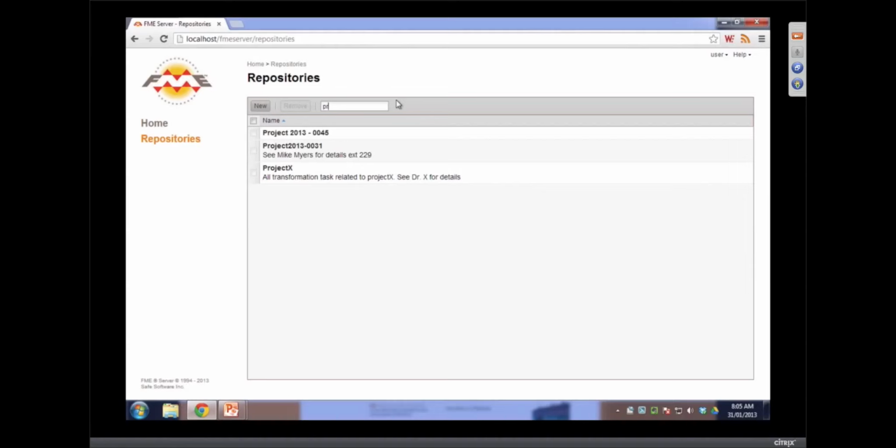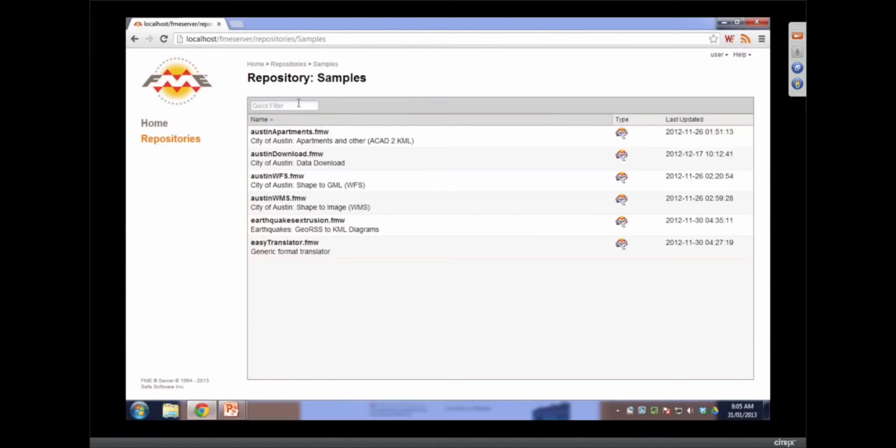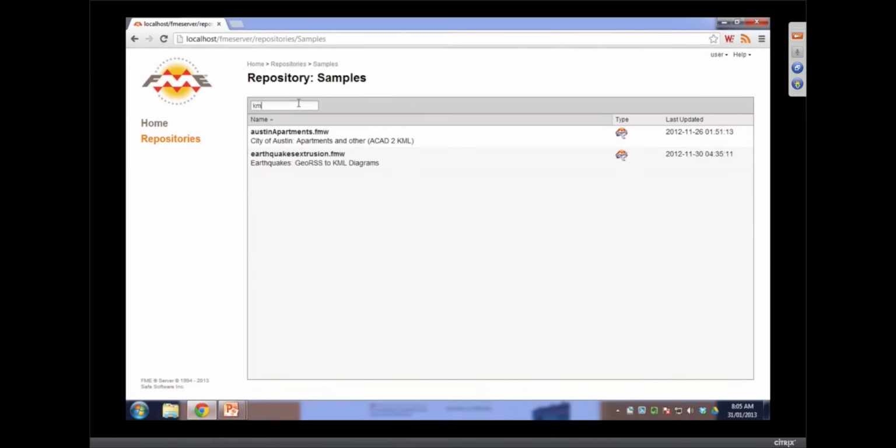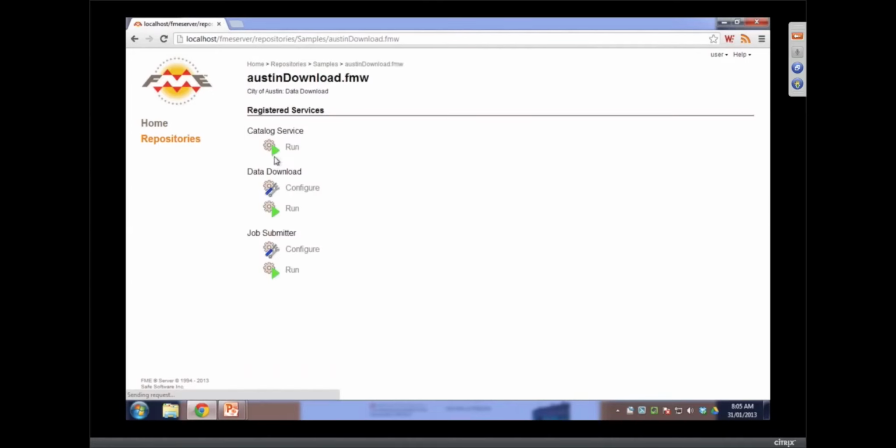That's right. And if you see, I type in project here, we can filter very quickly down to what we're interested in. Yep. If I go into samples, again, we have this quick filter ability, so I can type in Austin, or I can type in KML, and it'll filter down, because the users tend to have lots of different workspaces in a repository. Right. So that helps them out. Let's go into one of these